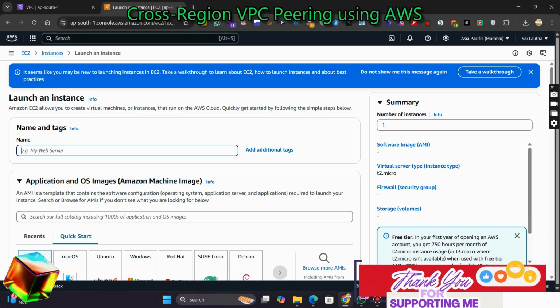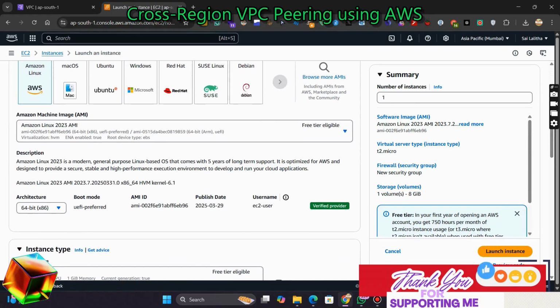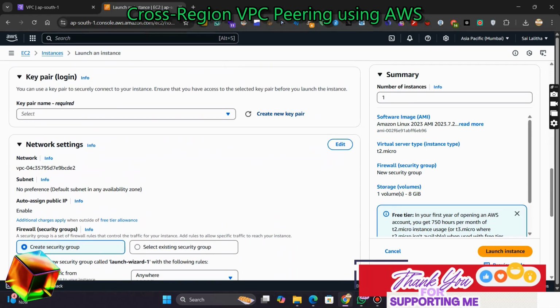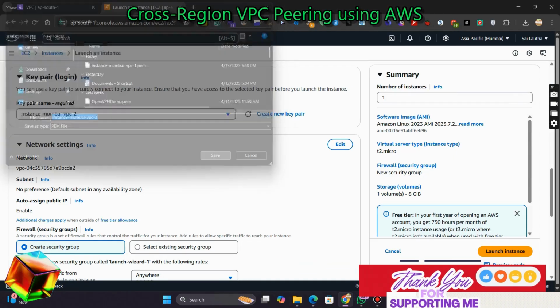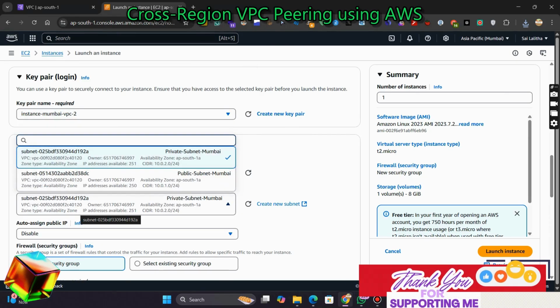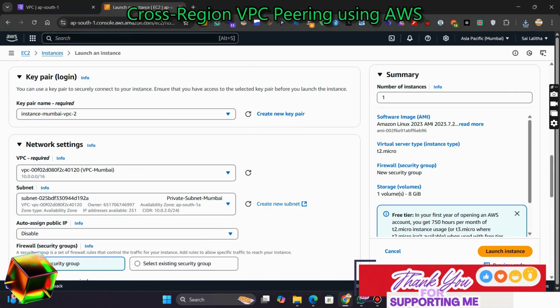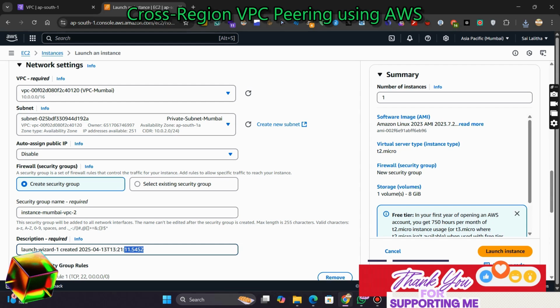So this instance I am going to create. Now you need to assume that this is for the database, right? So I'm naming it as instance-Mumbai-VPC-2. Click on create new key pair. Now click on save. Now click on edit network settings. Select our own VPC. This time private subnet, and the security group name I'm giving, description,